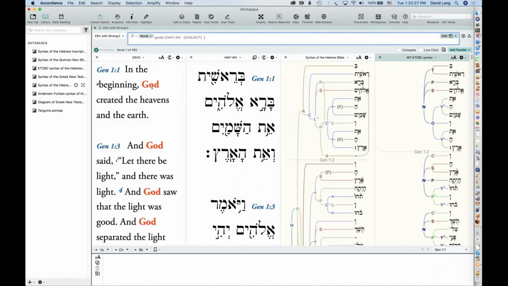Now it finds, in the beginning God created the heavens and the earth. Now notice it skipped, I believe it's Genesis 1:2, which says, and the Spirit of God was hovering over the surface of the waters. Well, God in that case is not the subject. So it's the object of, or it's a, what's the word? I can't remember. A positive, I think it's a positive. But anyway, it's not the subject there, and so that got excluded. So we were actually using these syntactical categories to narrow down an English search.